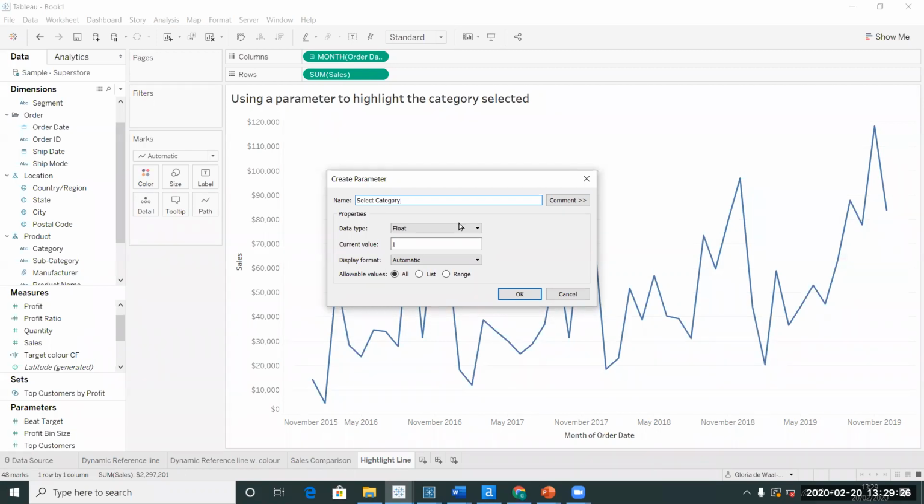Because the categories, there are a number of different options within the categories. On US Superstore, there's furniture, there's office supplies, and there's technology. So we want to go ahead